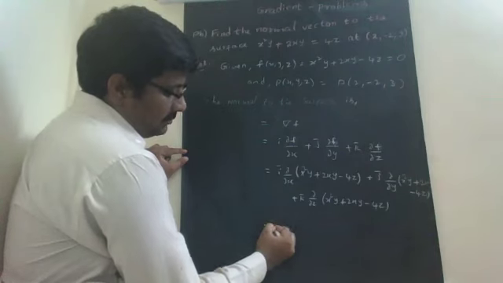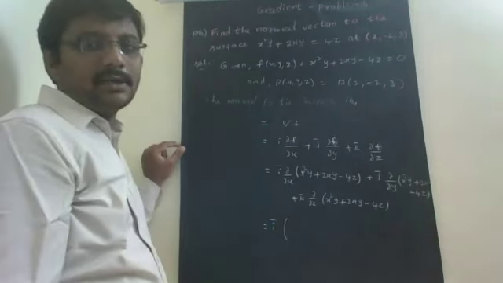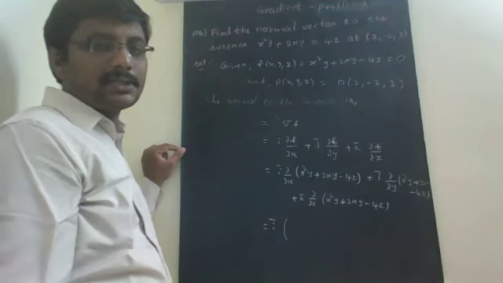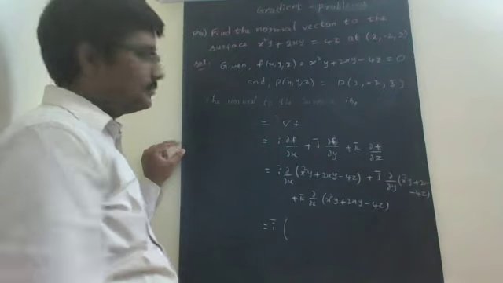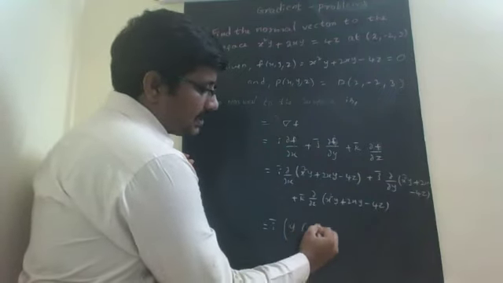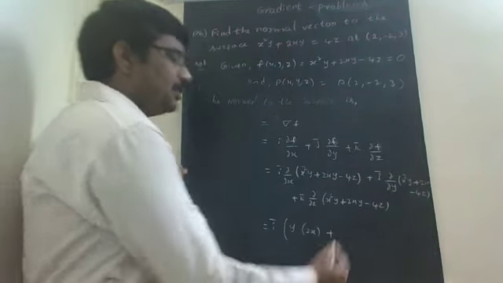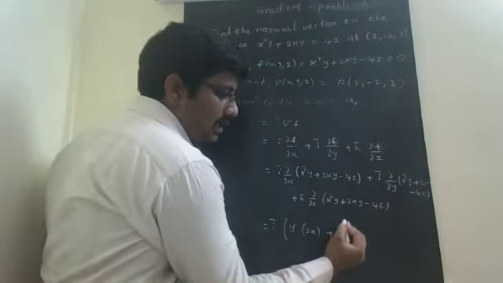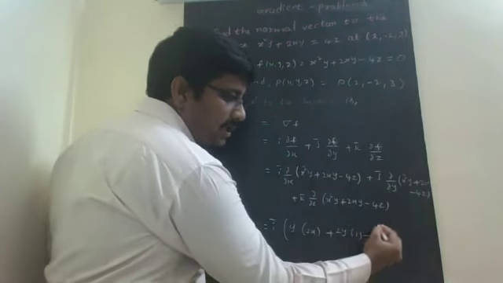So that is i bar into dou by dou x of x square y, differentiating partially with respect to x, keeping yz as constant. So y keep it as constant, x square derivative is 2x, plus 2xy derivative, 2y keep it as constant, x derivative is 1, minus 4z derivative is 0,